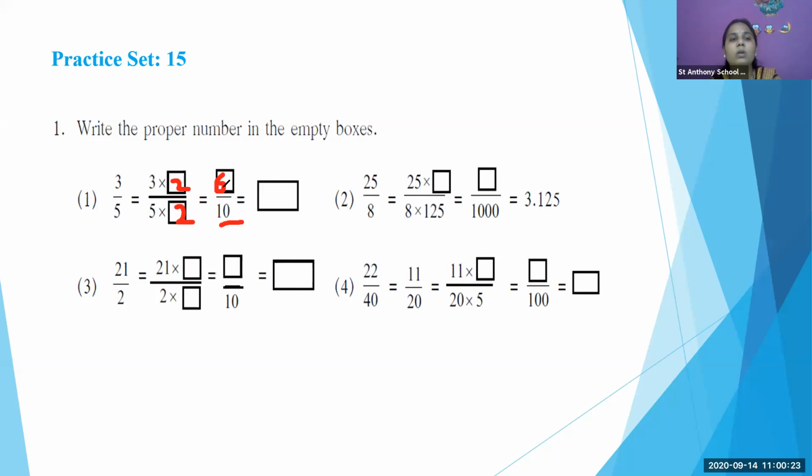So we have to convert it into decimal point. So we'll write 6 as it is. Now after how many digits will the decimal point be there? Because only 1 zero is there, after 1 digit only the decimal point will be there. So we'll put here the decimal point and 0 here. So 0.6 will be our answer. Right everyone? Yes, 0.6 will be our answer. Right?